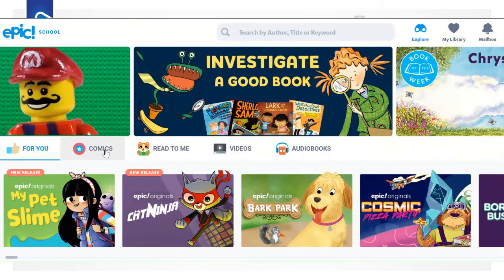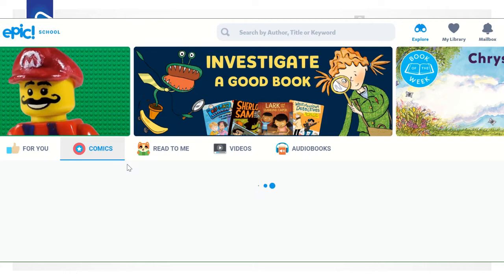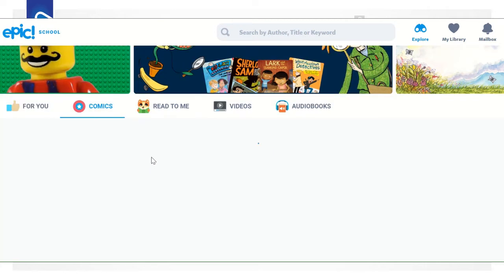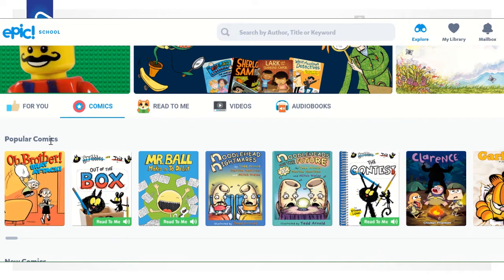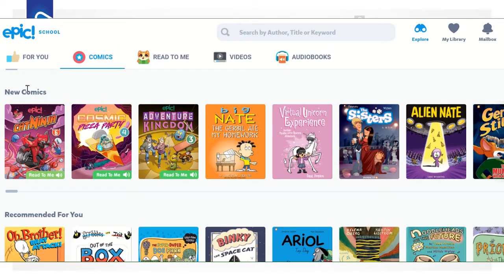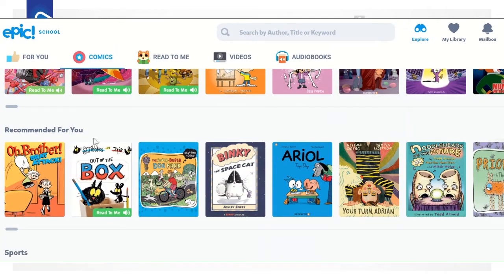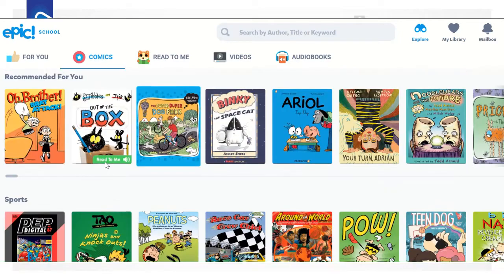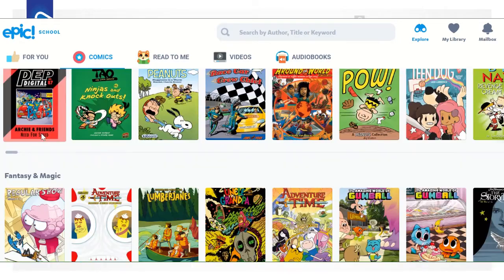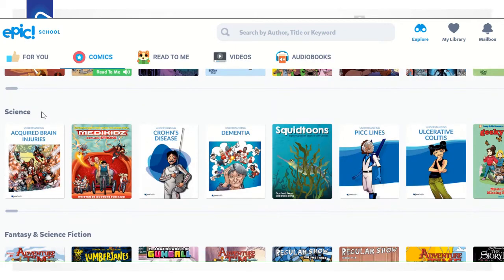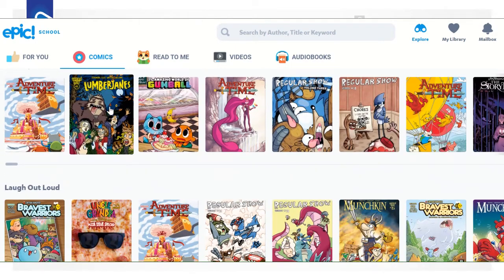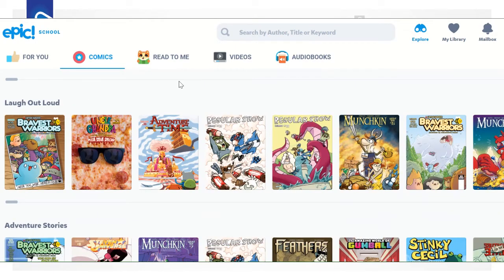Another section right here at the top is a comics section. So all books that are graphic novels or comics are going to be in this section. There'll be some popular ones, new comics, recommended for you. So if you spend some time in this section, it'll start to adapt this list to what you like. Comics about sports, fantasy and magic, mystery, science, fantasy and science fiction, laugh out loud, so those would be funny